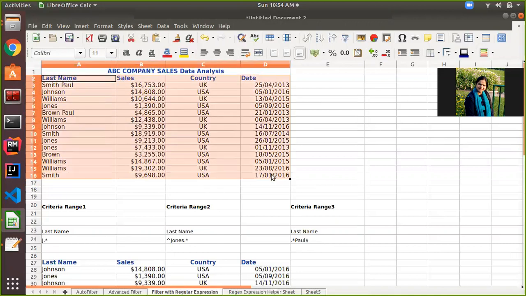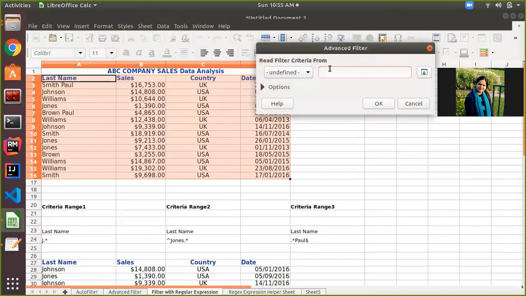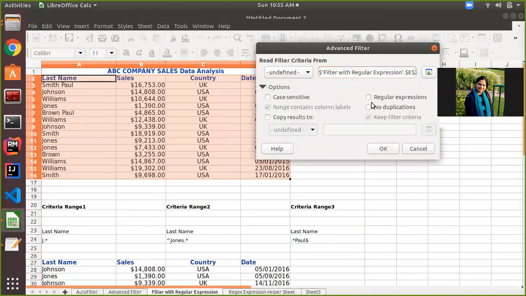Select the data, then click on data, then more filter, advanced filter. Here I will specify the criteria as this, then click on option. One thing you need to take care of while applying regular expression is that this checkbox regular expression should be selected, and if you want to copy the result to a different range, then this checkbox, copy result to, should also be selected.